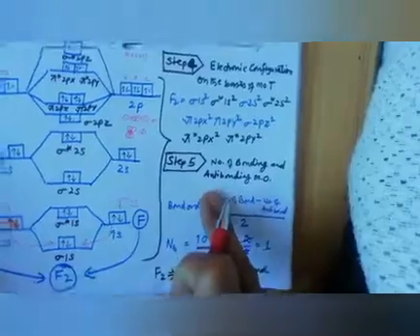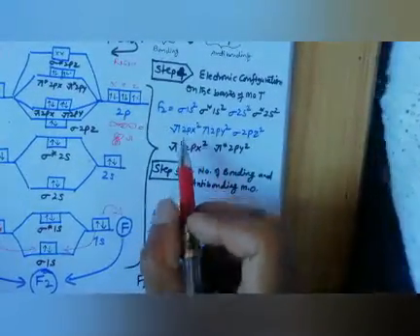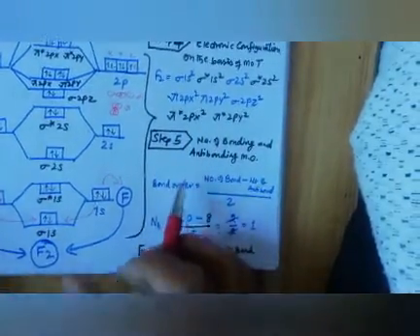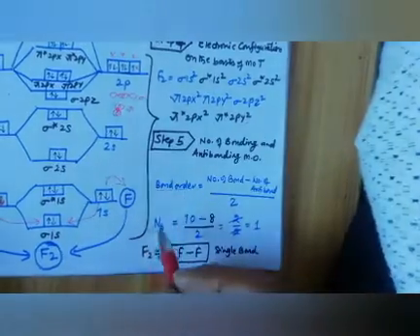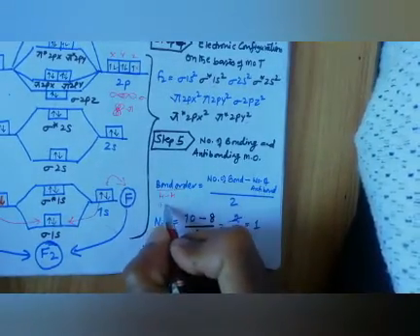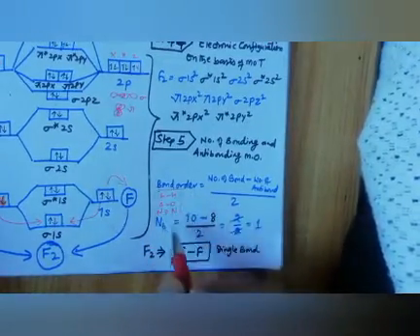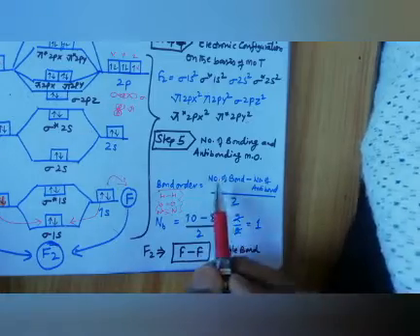Okay, now step 5, this will help us. See how step-wise it is. First step is this, from here it will help us to fill here. From here it will give us configuration. So all these things are in step sequence. So the number of bonding and anti-bonding electrons we need to find out to see bond order. What is bond order? कि कितने बॉन्ड हैं. जैसे हाइड्रोजन हाइड्रोजन के बीच में एक बॉन्ड है, ऑक्सीजन ऑक्सीजन have double bond, नाइट्रोजन नाइट्रोजन have triple bond. ओके, सो this is how we will prove. This is proved by this method.